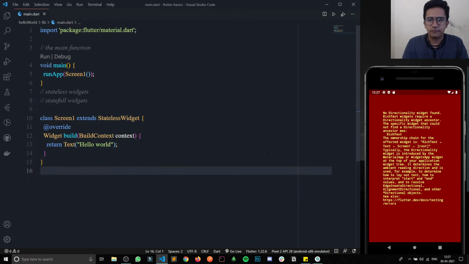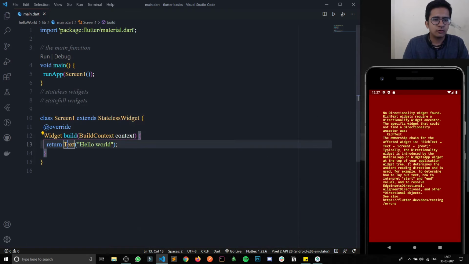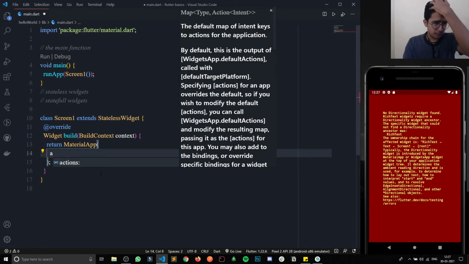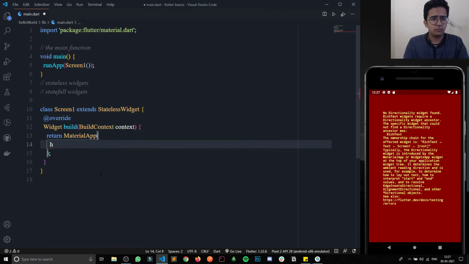Oh, I forgot one thing, that's why there is an error. Typical. Okay, my bad. I just have to remove this text, and inside there I have to write MaterialApp. Inside the MaterialApp there will be a home.